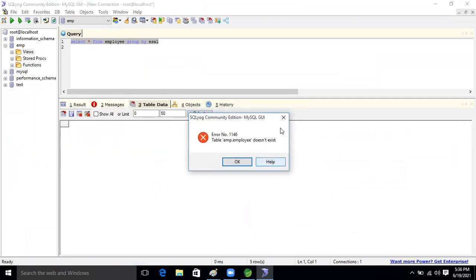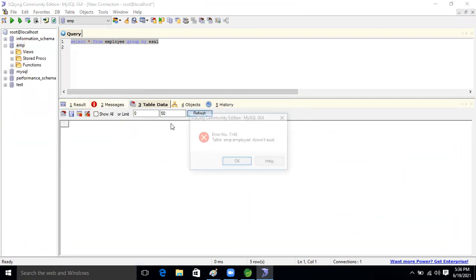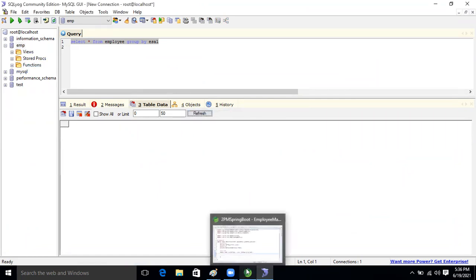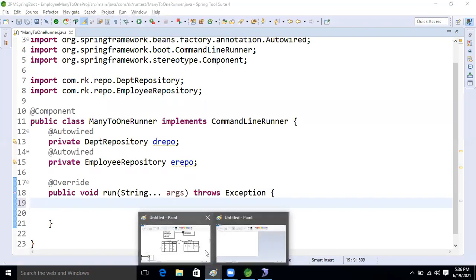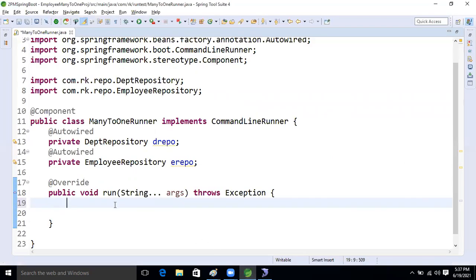Two tables will be created now, guys. And in the Employee table, one foreign key will be generated. So let's do it.